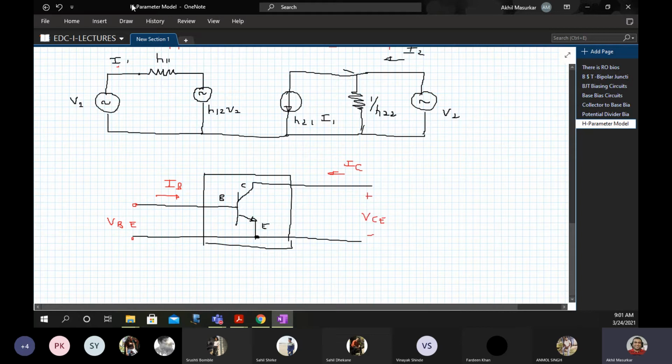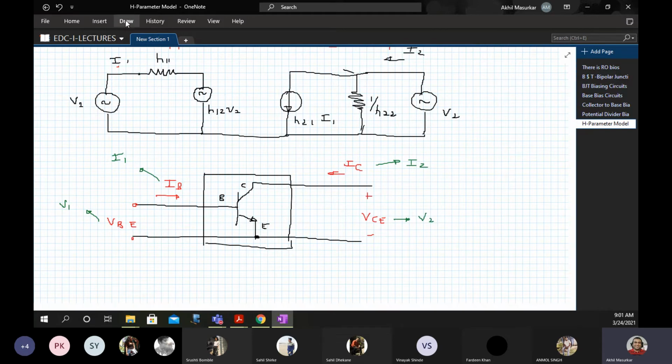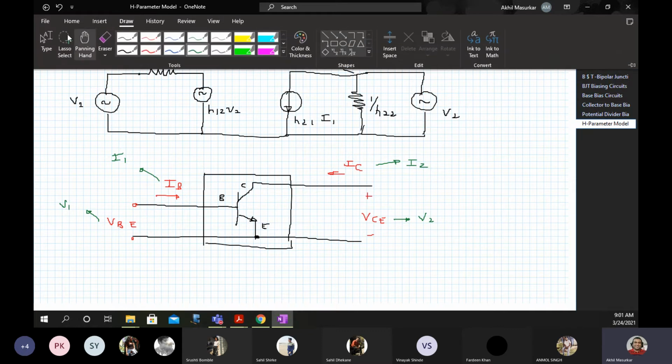So now you can see that your VBE is actually V1, IB is I1, IC is I2 and VCE is V2. So if you replace V1, I1 and all this in the above circuit, what you should be able to get is